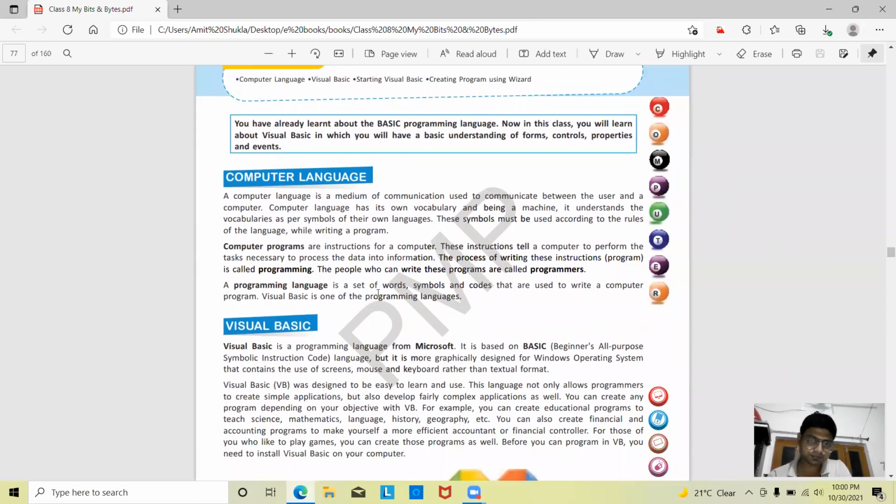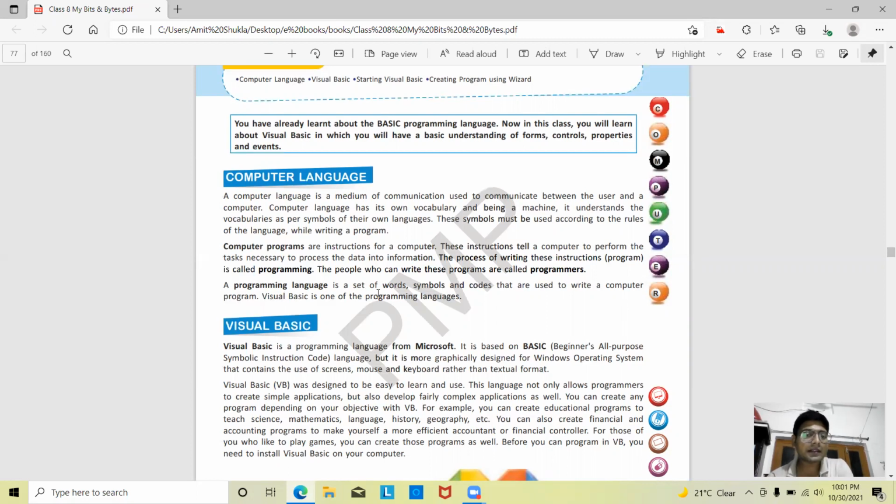What is computer language? Whenever we're talking about a language, it means we are going to communicate from one person to another person, and the thing which is responsible for communication between those two is called a medium. And computer language is a medium of communication between user and computer. It understands the machine language and translates it into user language, and whenever the user interacts with the machine, it converts the user's interaction into machine instructions.